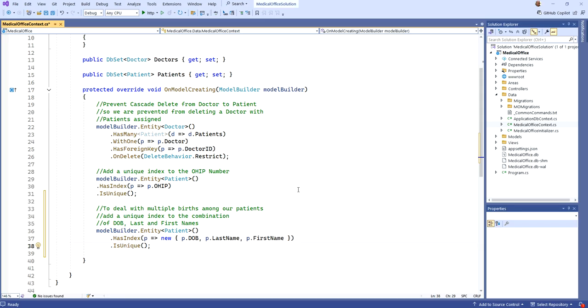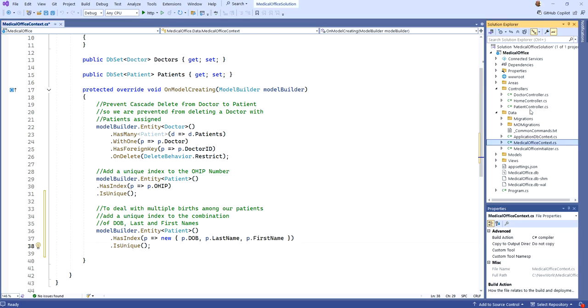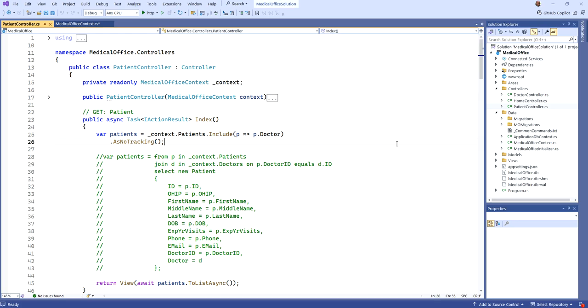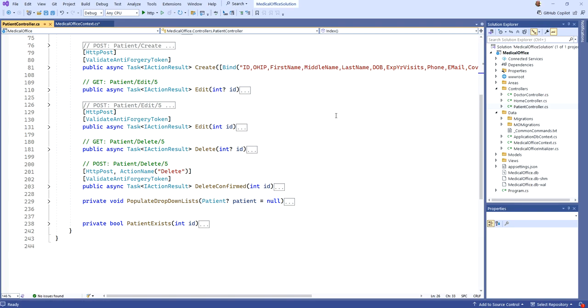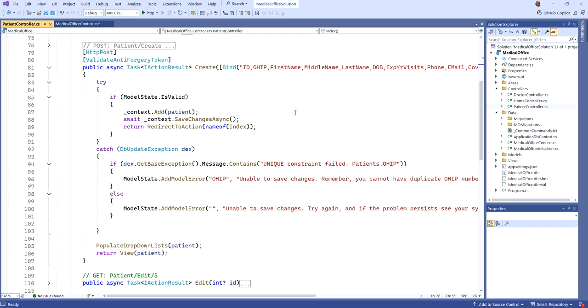However, we have introduced yet another possible DB update exception. So let's go to the patient's controller. If I do Control M O, shrink everything down, it's in the post event for both create and edit that we have to be concerned about this. So as we create, notice we already had here a test for the unique OHIP number. So we're just going to modify our catch here a little bit so that it works for multiple